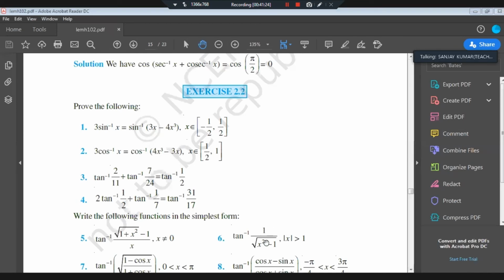Okay, the sixth question. This mod of x greater than 1, what is the use of this? We will discuss it in tomorrow's class. So start the sixth question and give the answer. First of all, you decide what we suppose here. Yes, the fastest one is Aishwarya. Good, Aishwarya.